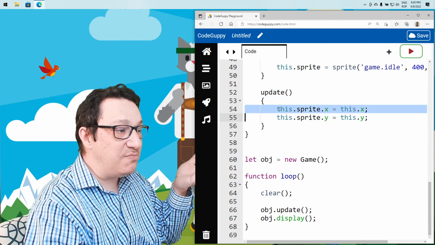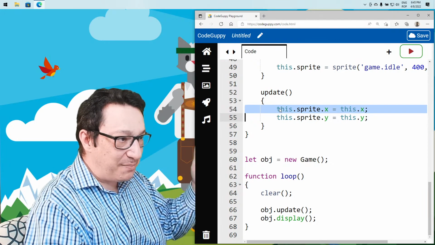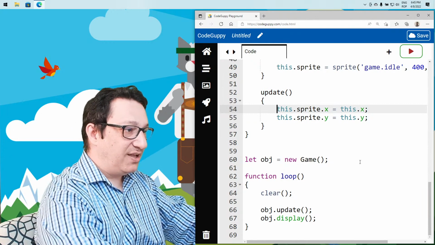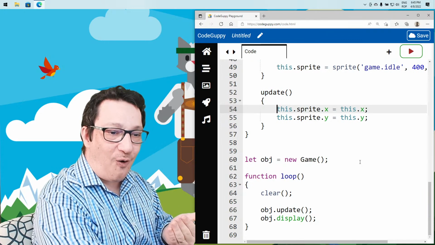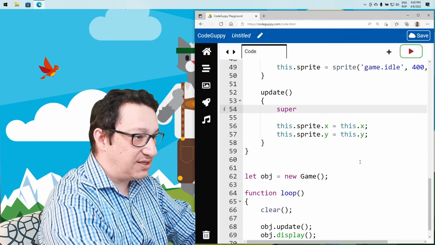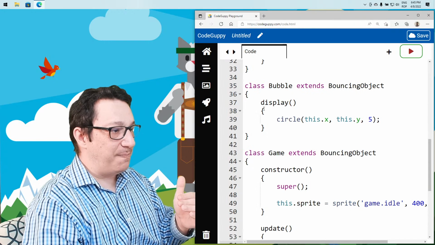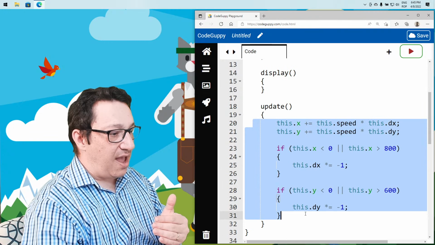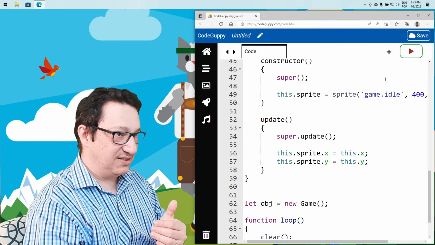But this one is not doing any movement, is not checking collisions with the edges of the screen, is not incrementing X. Well, if we still want to override update and also run the behavior of the upper class update, we can say here super.update, just like this. So we run all of that update, and when it finishes, we add two extra lines here at the end, basically these two lines. And if we run it,